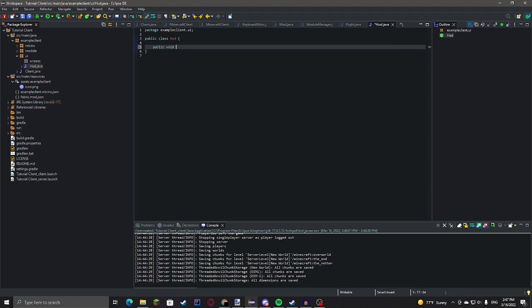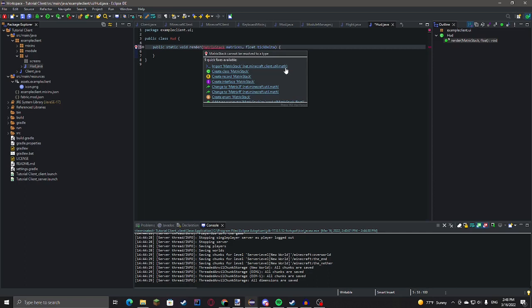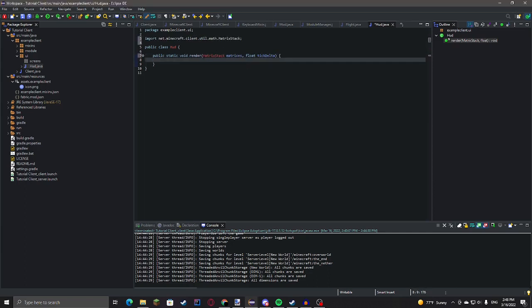So we'll do public void render, make it static so we can access it in different classes, and then we'll get float tick delta and matrix stack matrices. So the matrix stack you're gonna need for basically everything. It's kind of what Minecraft uses to render stuff, and the tick delta is just a convenient, like, it's the time in between ticks.